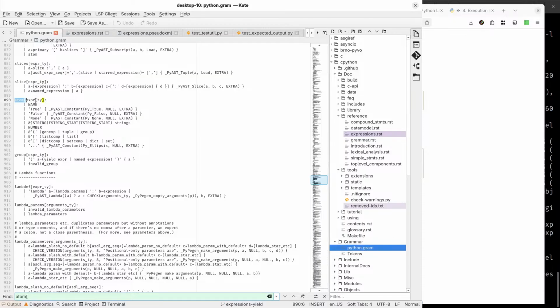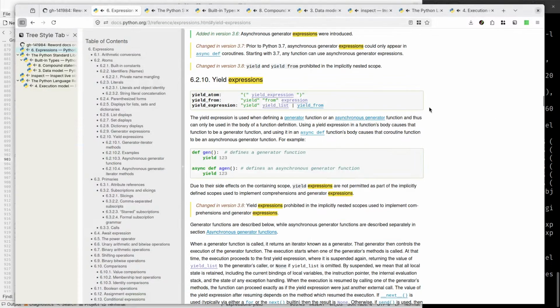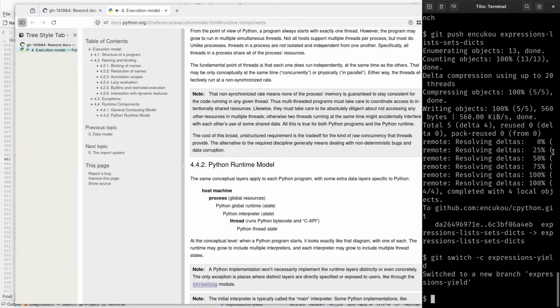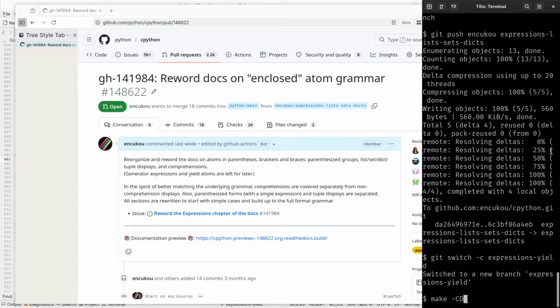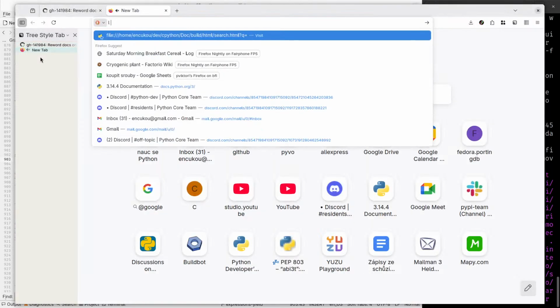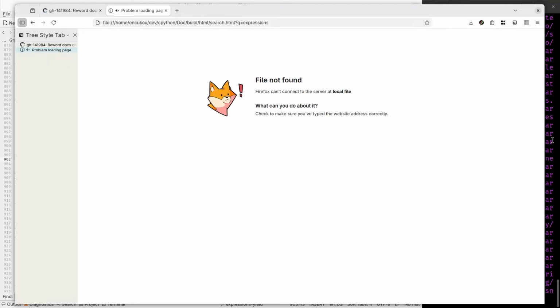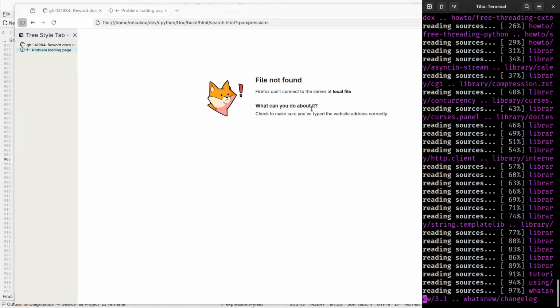And so we have x tuple group, list group, and so on. And the group can be a yield expression or name expression. So let's see. Let me rebuild the documentation, and once it's built,